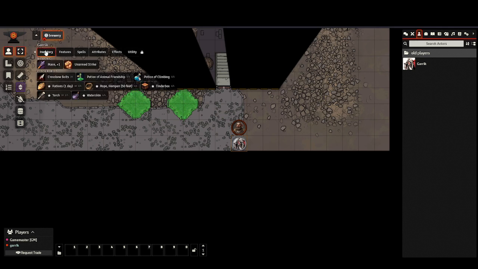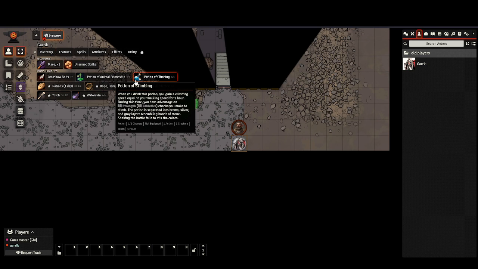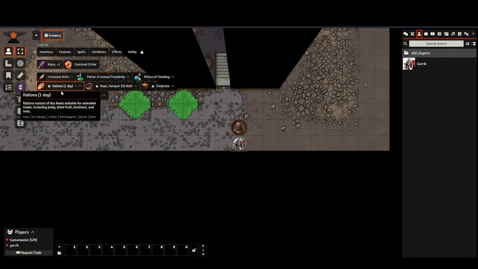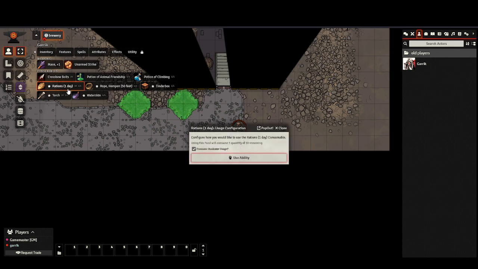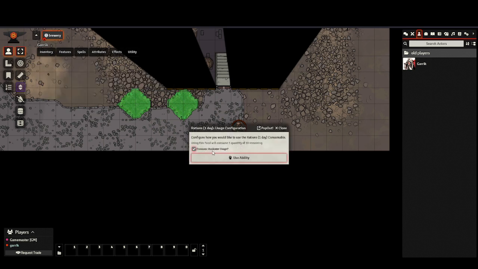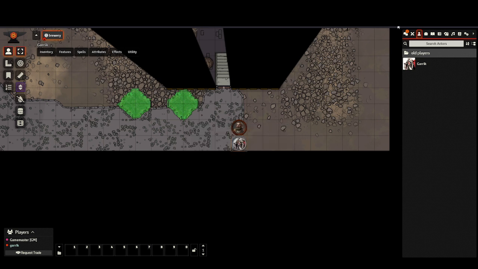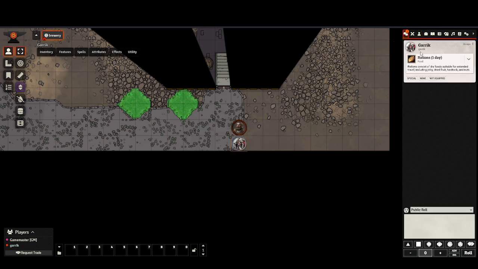You will get an inventory which has your weapons, your unarmed strikes, all your consumables. So if you buy rations from an inn and you wish to consume it that day, you would just click on inventory, click on consume. And it'll ask you, do you want to consume? Yes, I do want to use this item, and it'll show here in the chat menu saying that you have consumed 1 ration for the